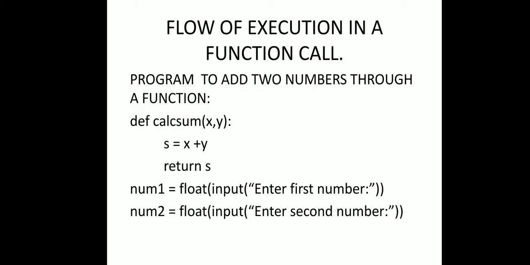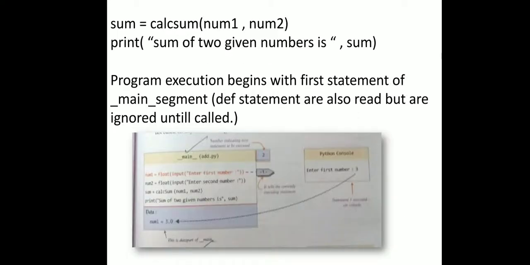As you can see, how can we add the 2 numbers. Def cal sum then x comma y. Obviously we can return the result. Even then we can pass the value of x and y directly or you can input it. So ये input की है value. अब calling करते वक्त क्या होगा? In case of calling you will write here cal sum num1 comma num2.